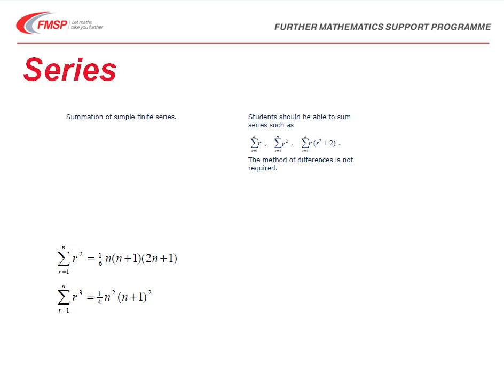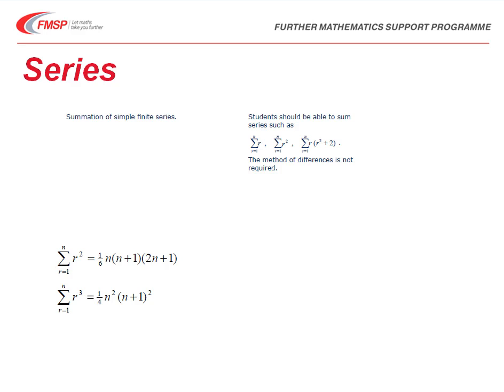For this topic the specification is quite straightforward and simply says that you should be able to sum series such as sigma r from r equals 1 to n, sigma r squared, etc., and use these to look at more complex situations such as the one in the specification, sigma r squared plus 2. Now the formula sheet that you have in the exam gives you the basic formulae for sigma r squared